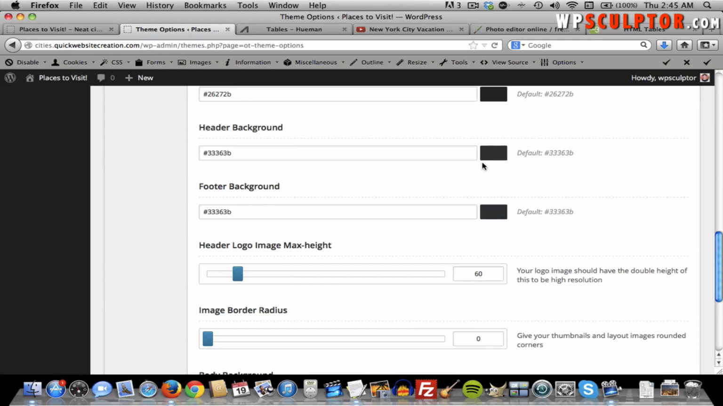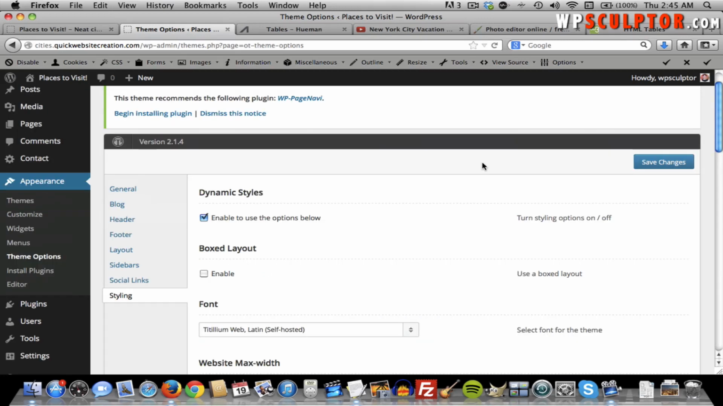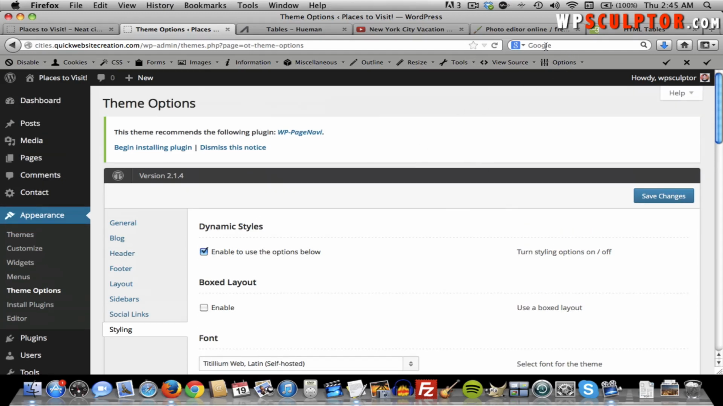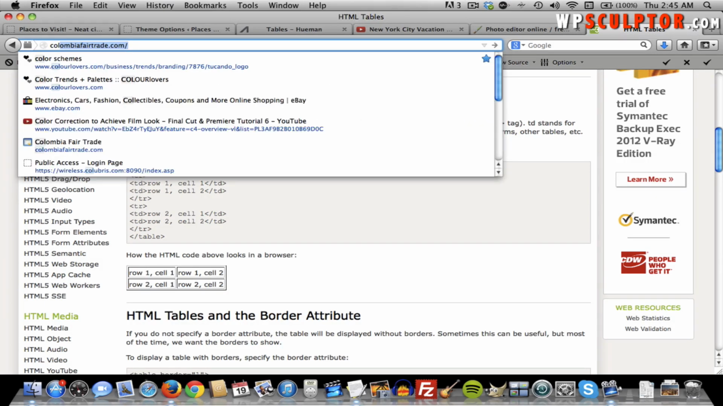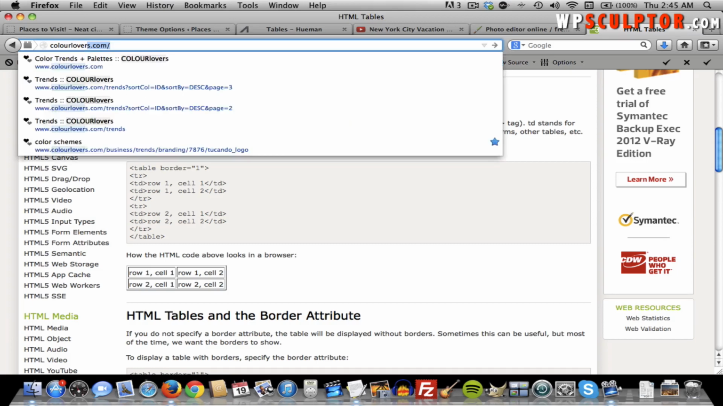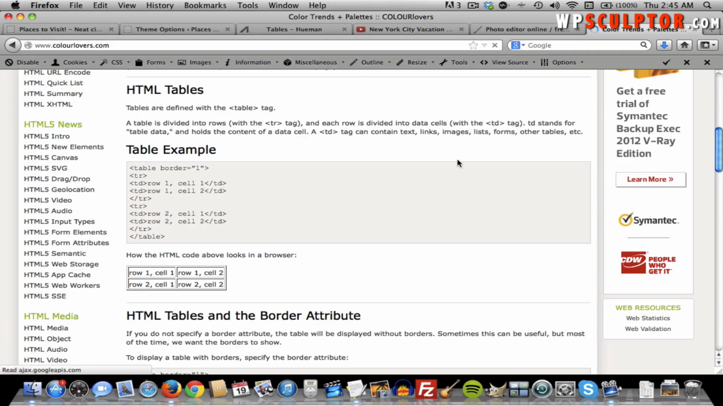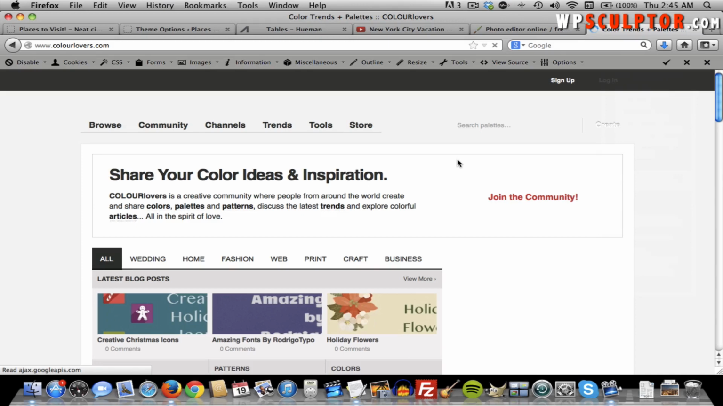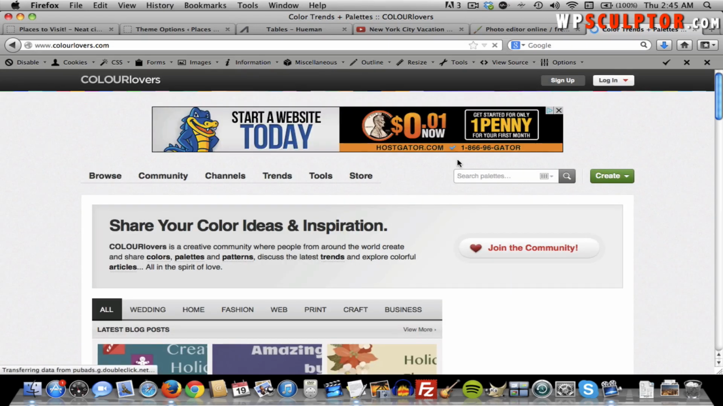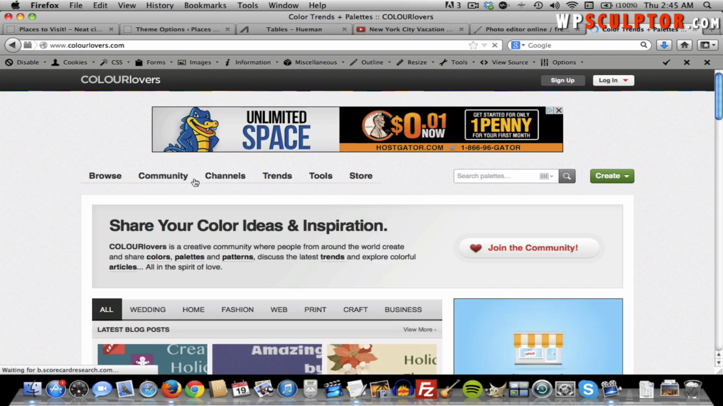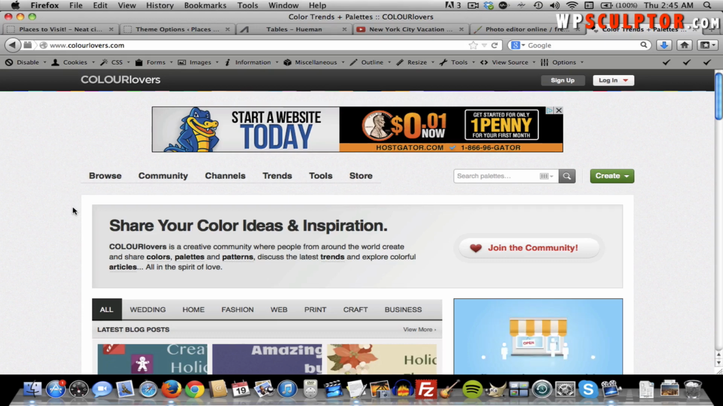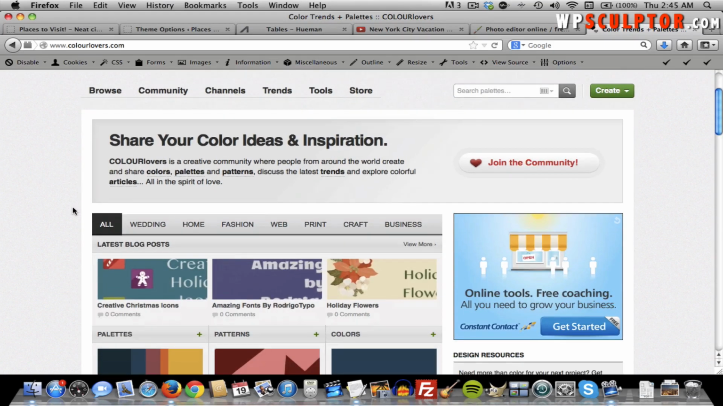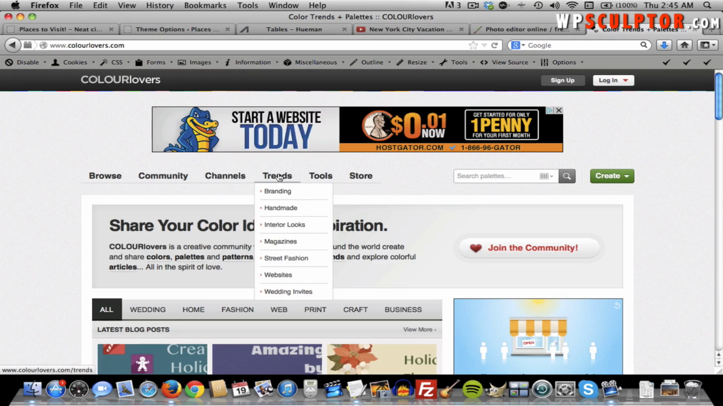Now we're going to change these up, and I'm going to show you a fantastic resource for coming up with color schemes. I'm going to open a new tab, and I'm going to go to colorlovers.com, that's C-O-L-O-U-R lovers.com. And this is a great resource because all kinds of different graphic designers post their different color scheme ideas to this site, and you can look at all kinds of different trends, different branding trends, different web trends, different interior design trends, all kinds of things. And I'm just going to show you real quick where I found the color scheme I want to use for this demonstration. Click on Trends,